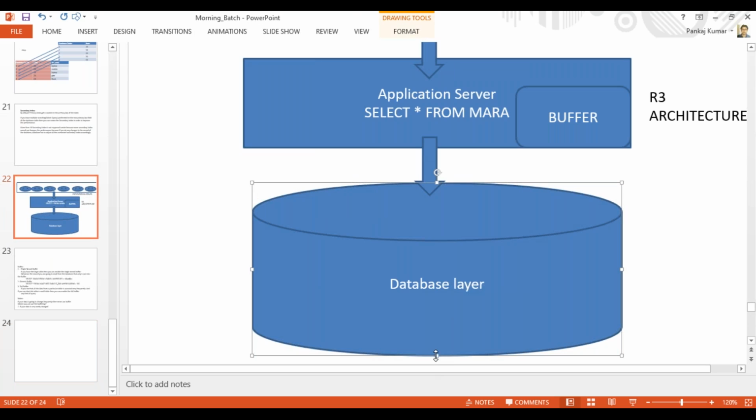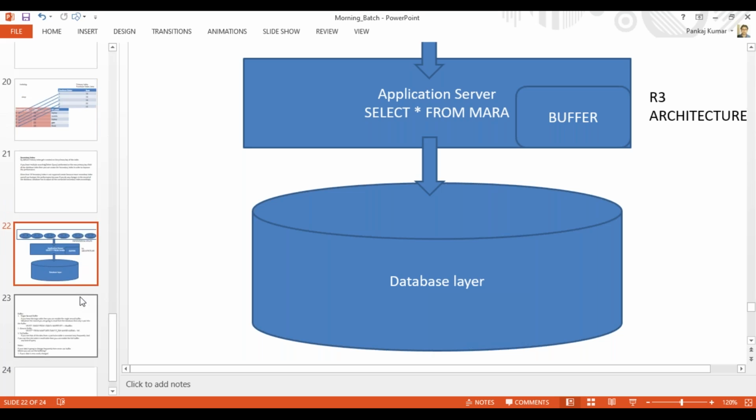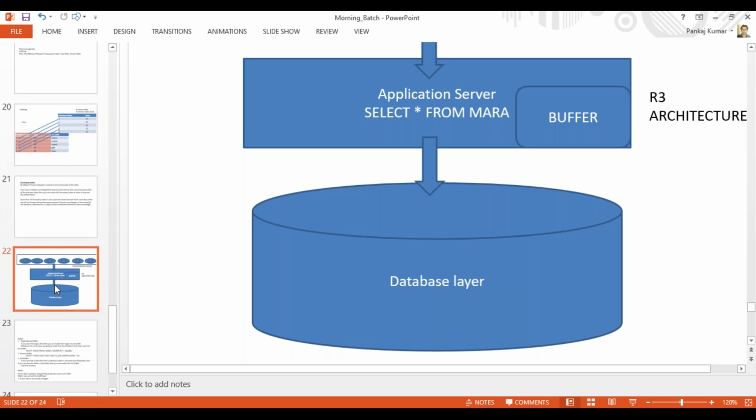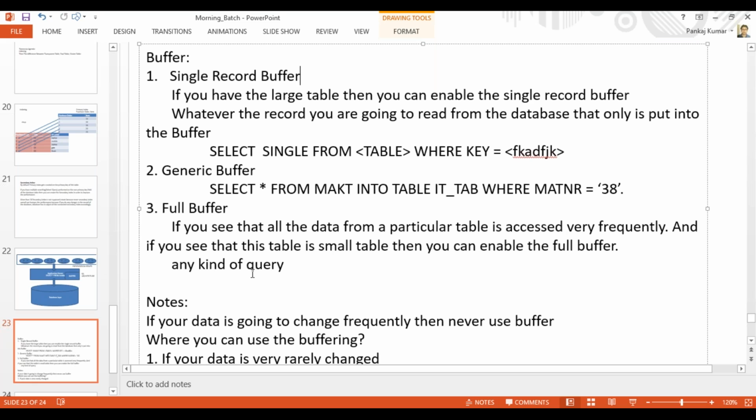What is the percentage of using this buffer concept in the real scenario? In real time, generally, when you are having a performance issue, it's very rare. This also is very rare. SAP generally uses such kind of standard concept. But in our scenario, in some project where the performance is very critical,